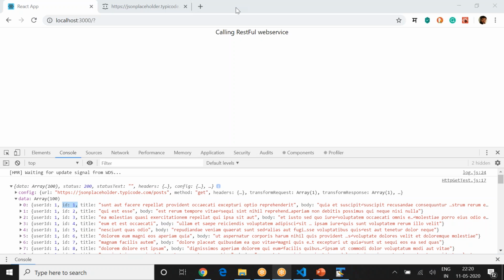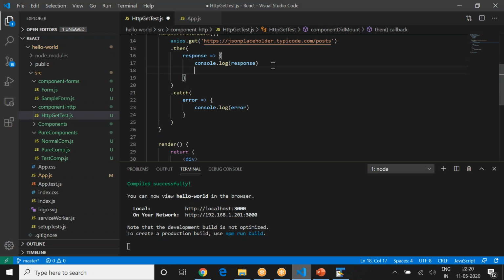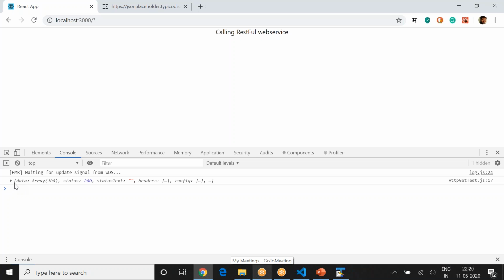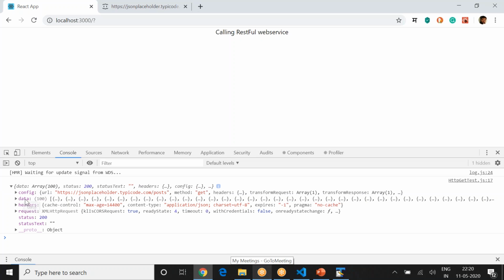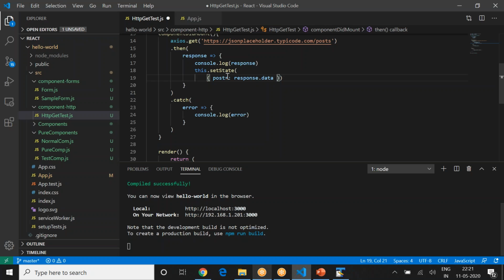What we will do is this.setState, and assign that particular state. Where do I change it? I will go back to the HTTP GET method, and here when I'm getting a successful response, I will call this.setState, add the posts, and say response.data. How did I get that? Here response is the response object, and I'm asking for the data object. Okay, not config, not headers. You can get headers also. Okay, response.data will have this data now. So I got this data in posts.